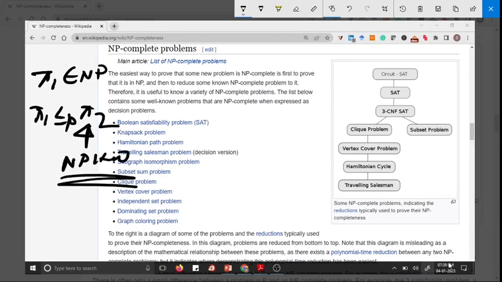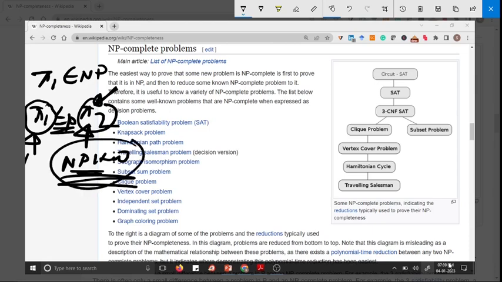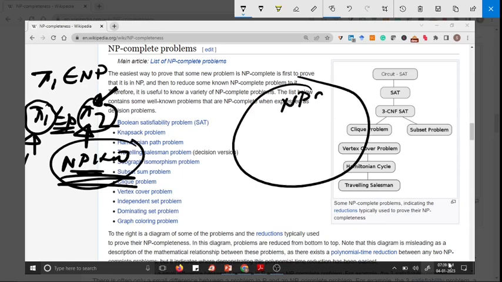This is the official definition. That means you take one problem whose solution is already known in polynomial time and the reduction is also in polynomial time, then you can say something about pi 2 as NP hard. But don't conclude anything about pi 1 being equal to pi 2, or being equally hard. Nothing. You can just say pi 2 is NP hard. Pi 2 is NP hard is much stricter. So if you look at it, NP complete, hard problems, I don't know where it is.